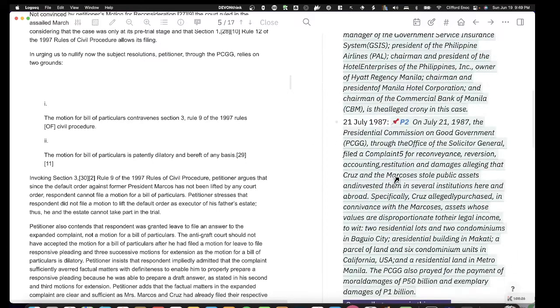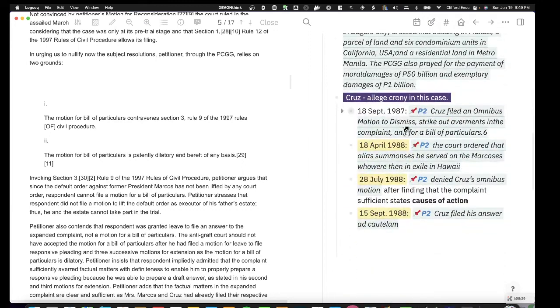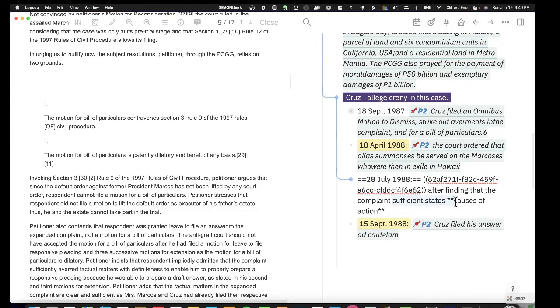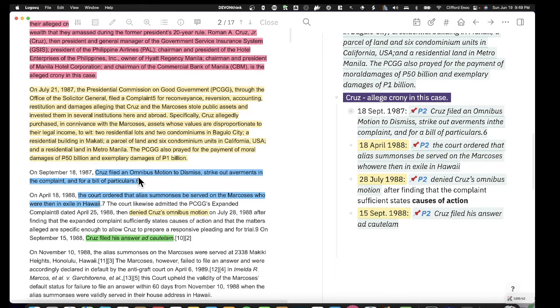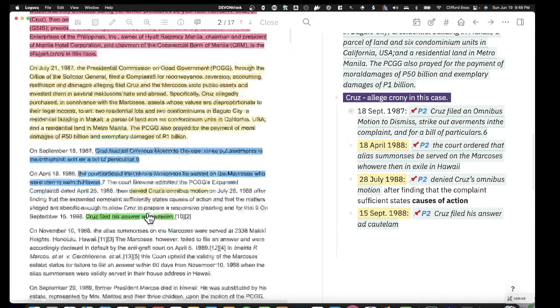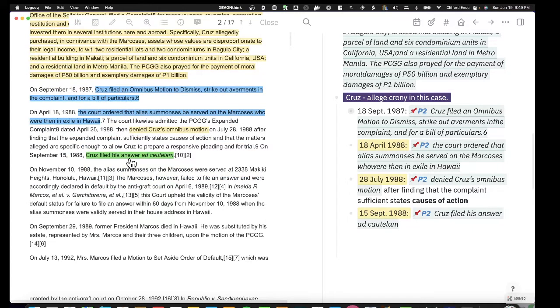Ang kanilang complaint is that, finding the complaint sufficiently stated causes of action, Cruz filed an omnibus motion to dismiss or strike the amended complaint. So ito yung, and then Cruz filed answer ad cautelam. So